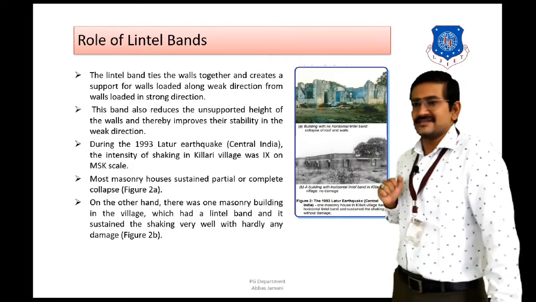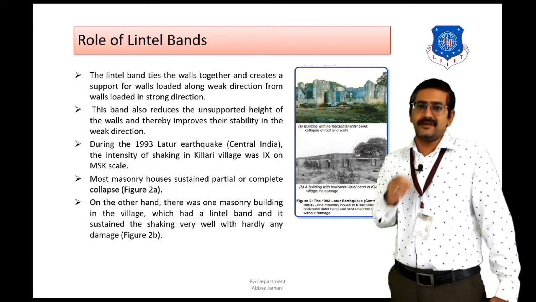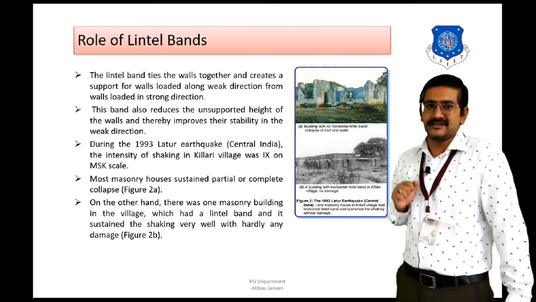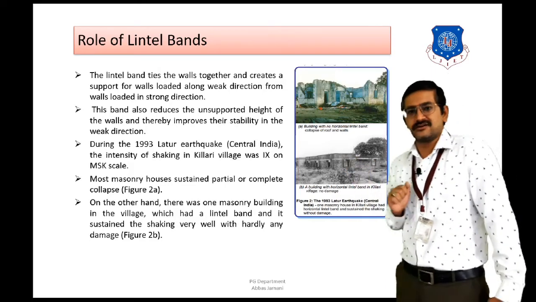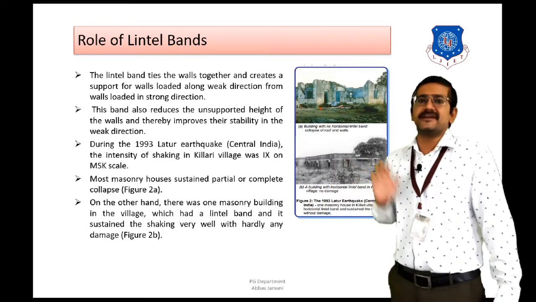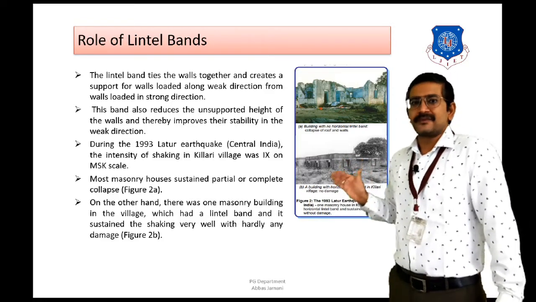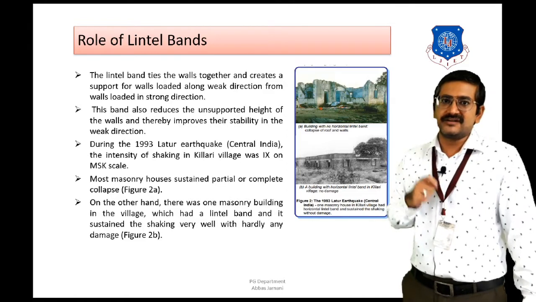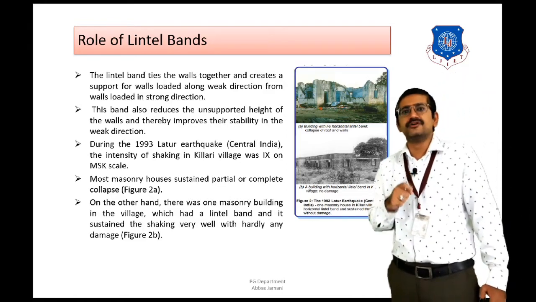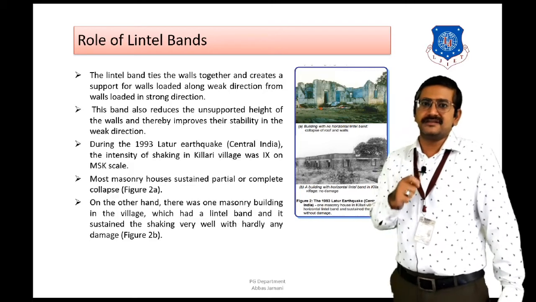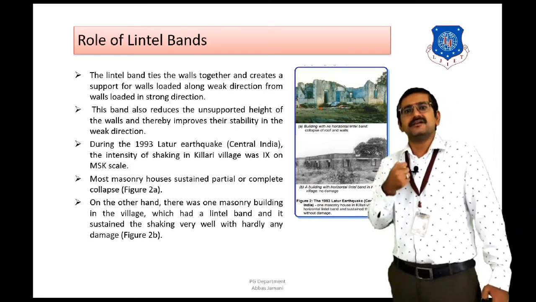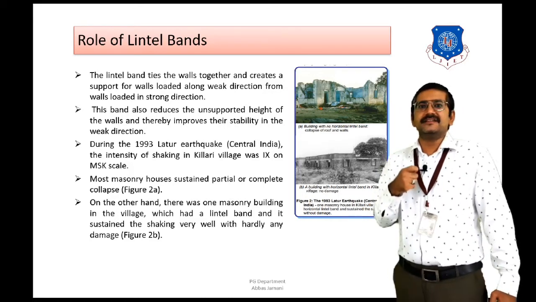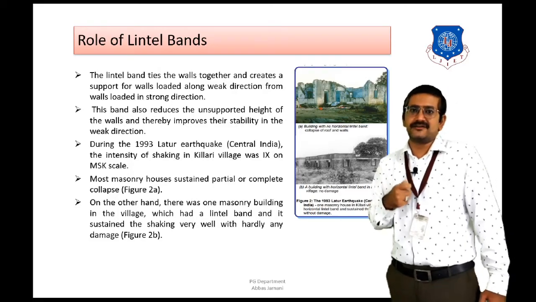In the first photograph, you can see that the majority of the buildings in the village, which did not have these horizontal bands, could not perform well during this earthquake, and as a result, a huge amount of structural loss was observed in this kind of building. Almost irreparable buildings were observed. But a couple of buildings that had been provided with these horizontal bands or lintel bands performed well, and were able to sustain a shaking of even intensity 9 on the Richter scale. So you can imagine how vital a role this horizontal band plays in the good performance of masonry buildings when subjected to lateral load.